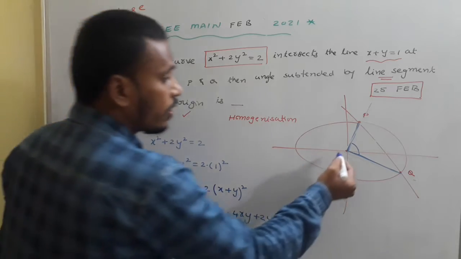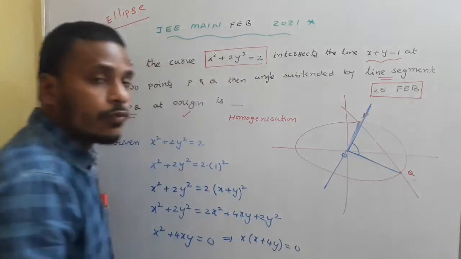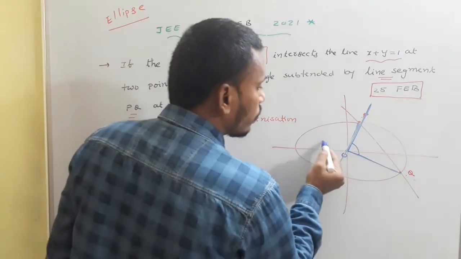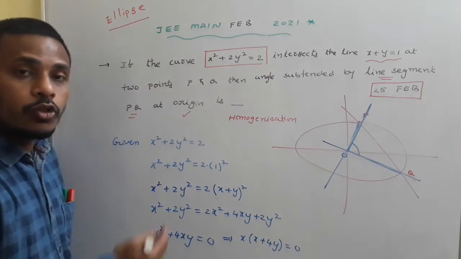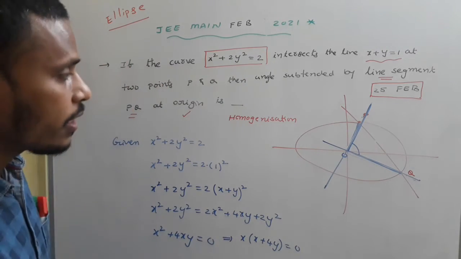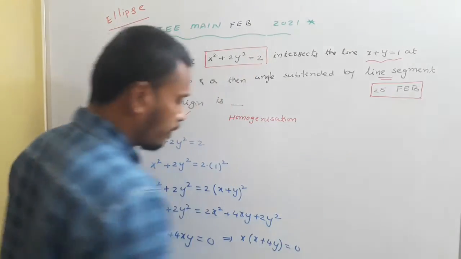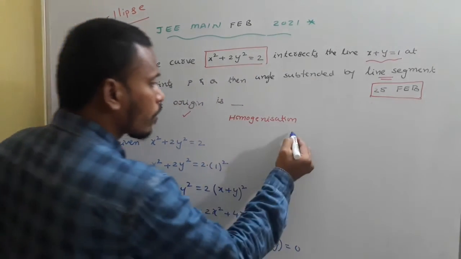See, this is origin, this is P, this is Q. Origin with P, one line is forming. Origin with Q, we have another line here. Those two lines are simply these two. I am arranging this diagram for the space concern. When you observe here, what happens here, what do those two lines become?